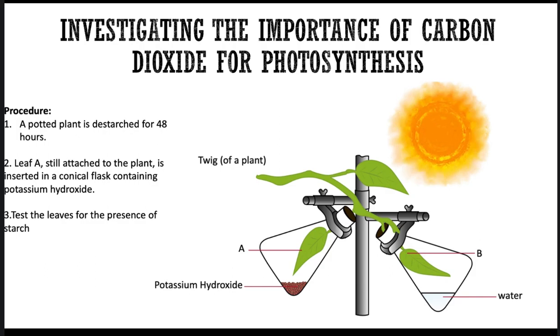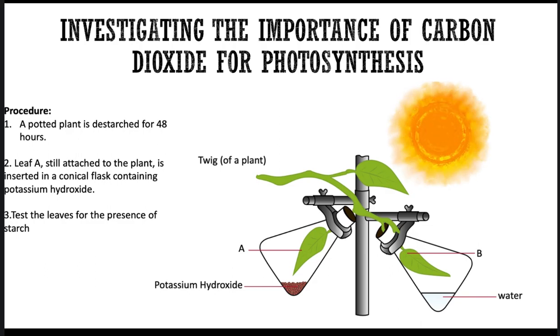Then the importance of carbon dioxide for photosynthesis. So here you have a potted plant that has been destarched for about 48 hours. Leaf A is still attached to the plant and is inserted in a conical flask containing potassium hydroxide. You should expect absence of starch in this kind of leaf because the potassium hydroxide has removed all carbon dioxide